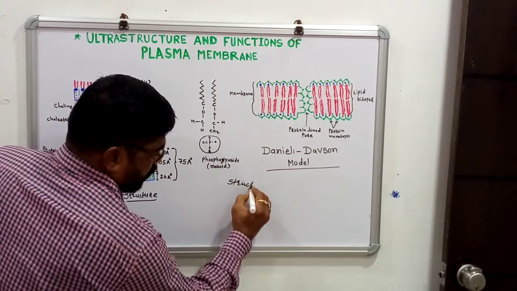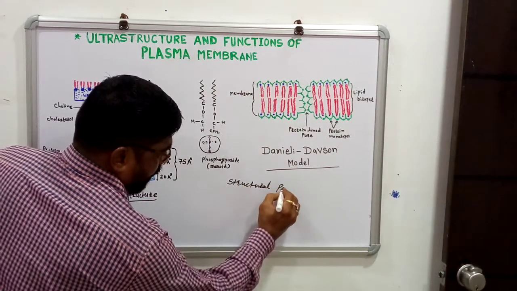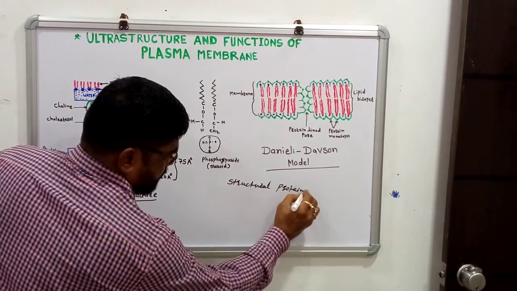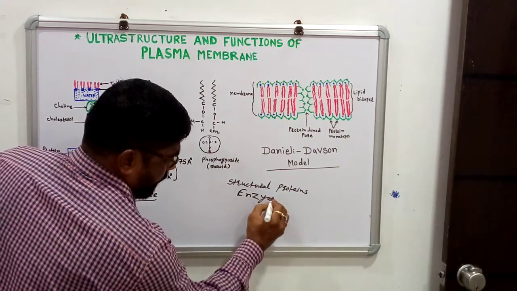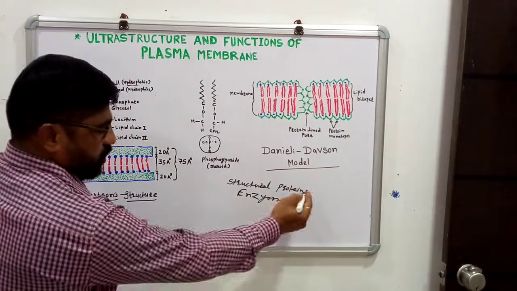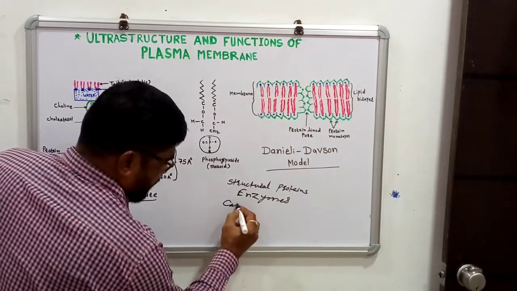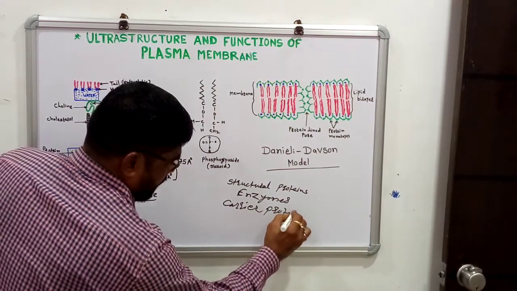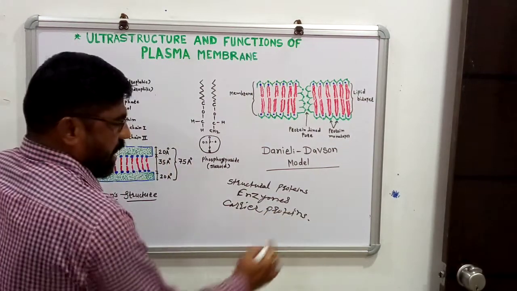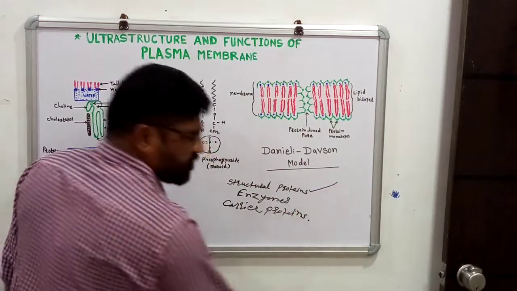There are structural proteins as well as enzymes. Enzymes are nothing but proteins, as we say. Then structural proteins, enzymes, and the carrier proteins, we can say. There are three kinds of proteins, and most of the role is played by the structural proteins,